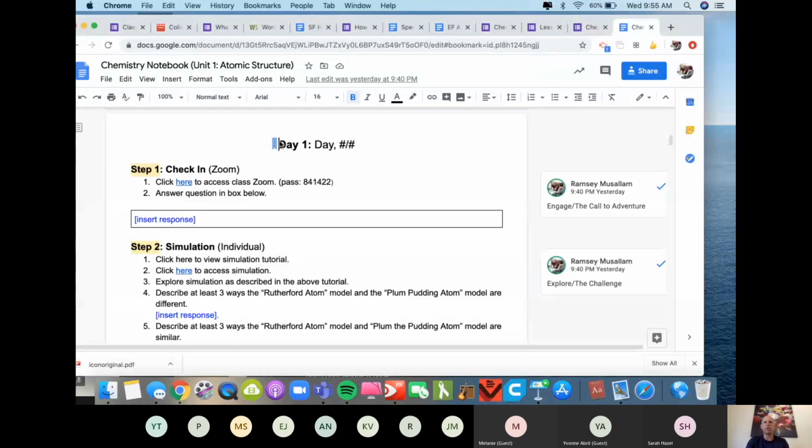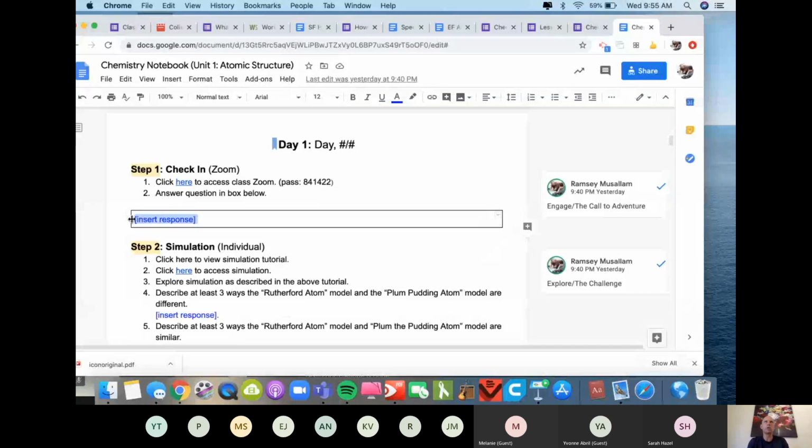And we're always going to start with a live Zoom. I'm going to do live Zoom for every check-in. They're going to start with the live Zoom, and they're going to click here to access the room. In that Zoom room, I am then going to spark their curiosity somehow. I don't know yet how I'm going to do that. And then they're going to type their responses to that question into that box. Every kid will have their own document here.